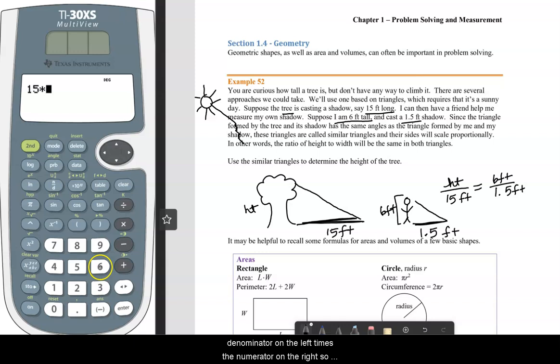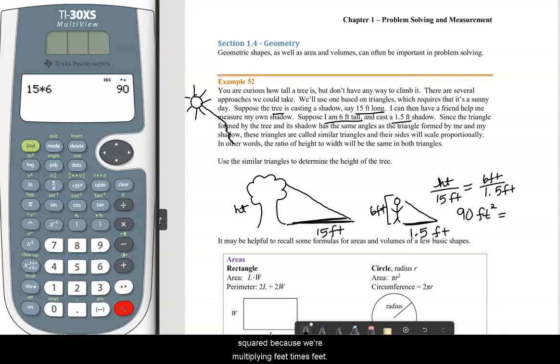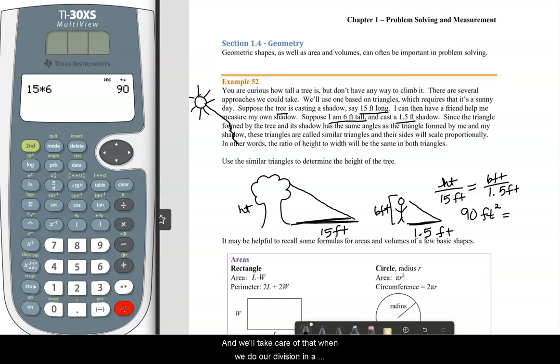So 15 feet times 6 feet gives me 90. And I'm going to go ahead and write feet squared because we're multiplying feet times feet. And we'll take care of that when we do our division in a minute. And then I'm going to multiply the numerator on the left times the denominator on the right. And then the only thing left now is to get the height by itself, which means I divide by 1.5